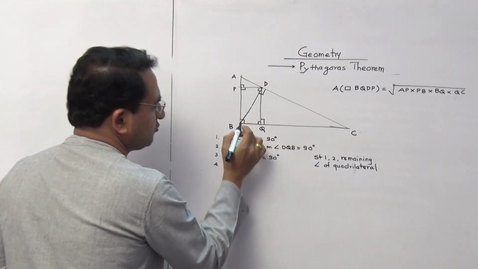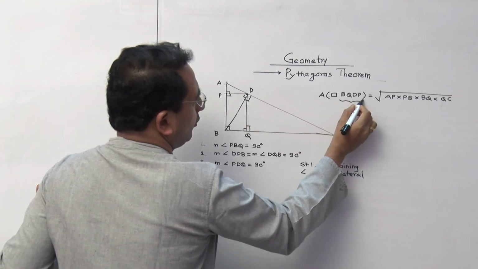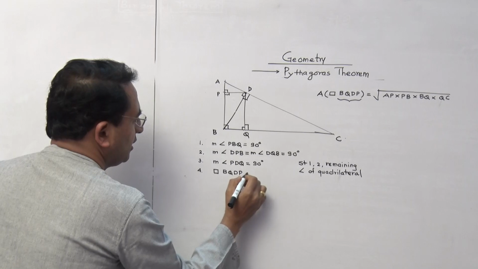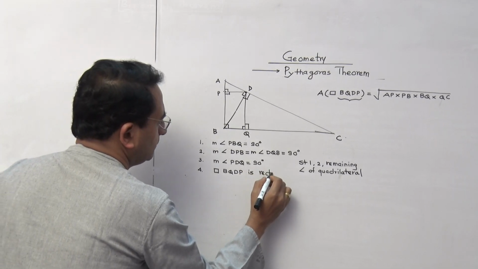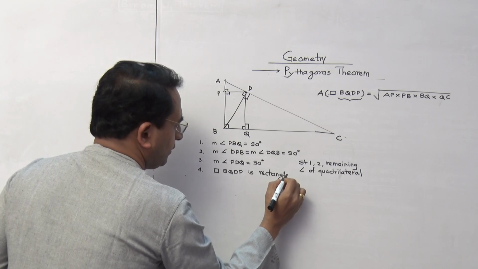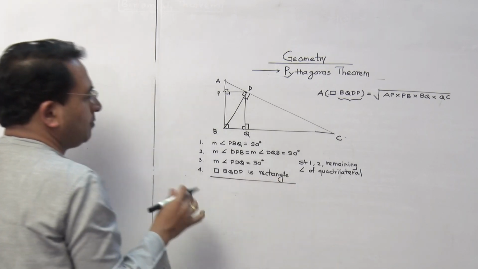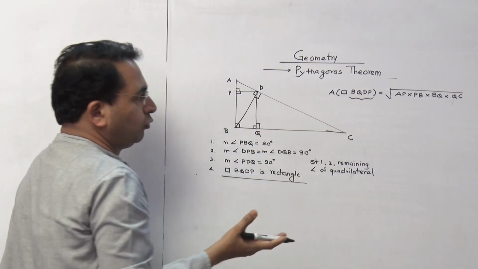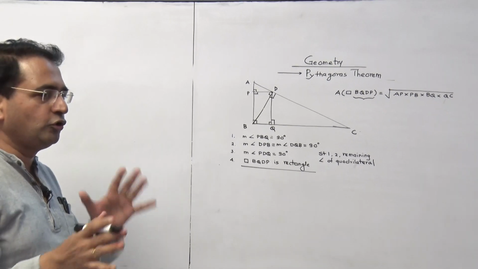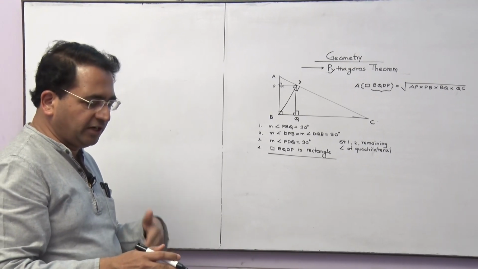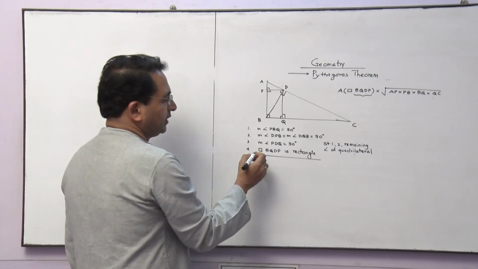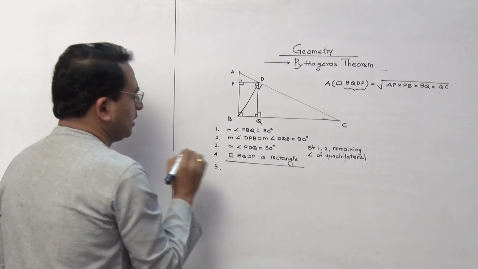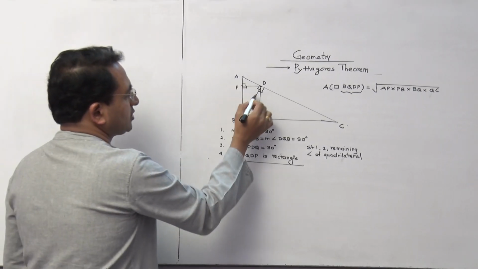Quadrilateral, instead of this we will go for the same order from this. Therefore quadrilateral BQDP is rectangle. That is what we can write. This is a part which is compulsory, that area of quadrilateral they have given, but we don't know what kind of quadrilateral it is. Now you know that it is rectangle, so definitely the part which is based on that, it is going to be a rectangle, so length into breadth will come into picture.